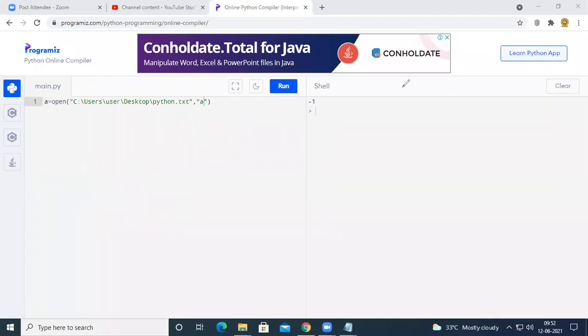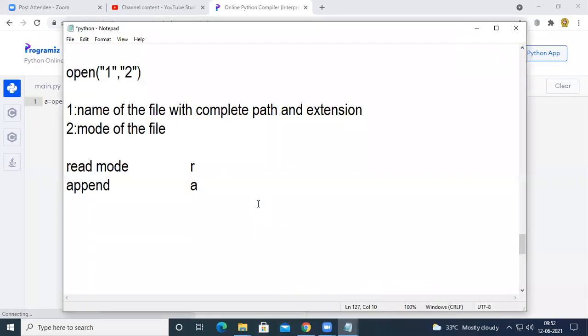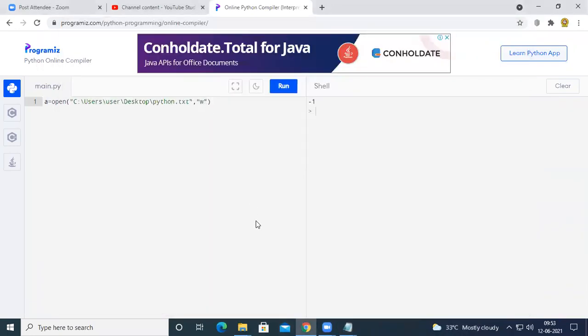And at the same time, if you want to open a file in write mode, we have to pass W. So what happens when we pass W here?